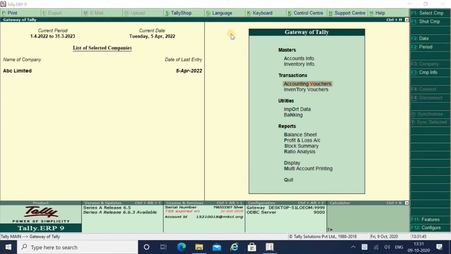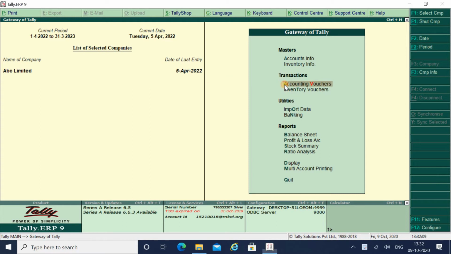In today's video I would like to explain the TDS entry which you will be making for the payment of your architect fees. Suppose you are making a payment to your architect, then you compulsorily have to deduct the TDS on that, and the rate of TDS is 10%. So how you have to make the payment entry as well as how you have to realize your TDS, we will see both the entries in our video.